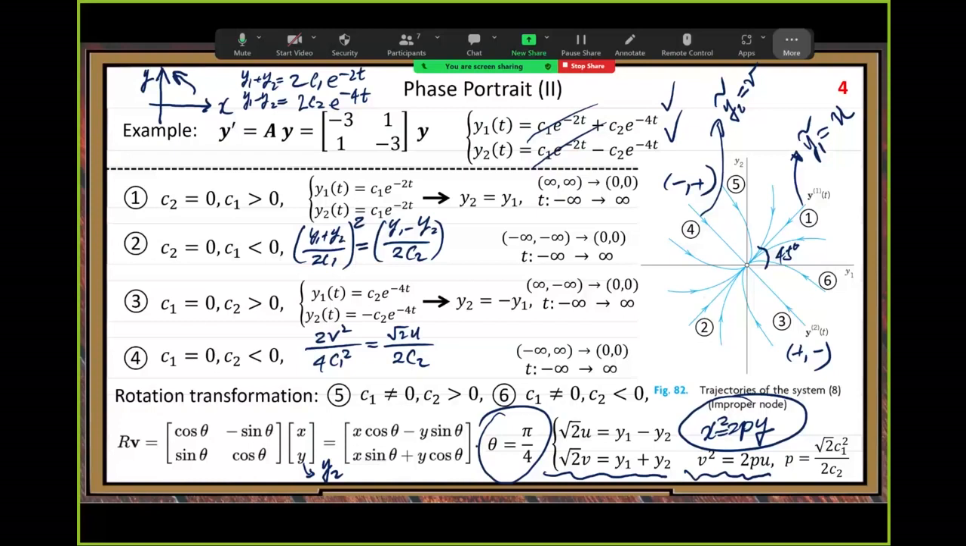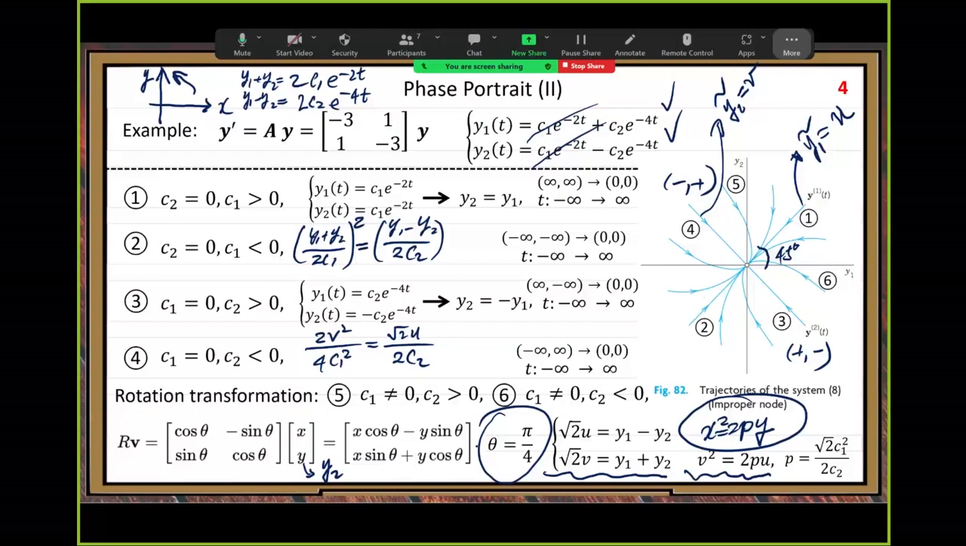This one we see, because in this coordinate system, V is positive in this part, and V is negative in this part. So let's look at the V part. Y1 plus Y2. So because